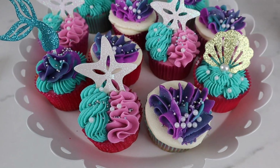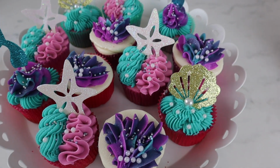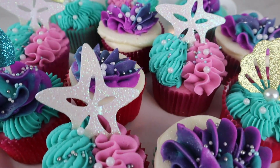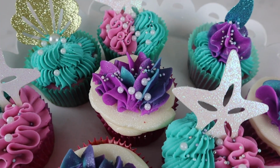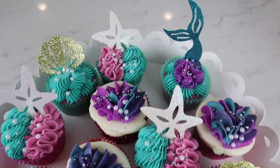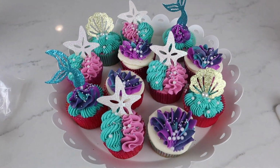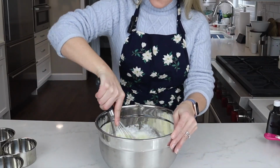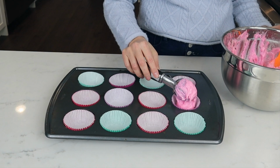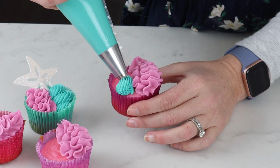At a bakery near me, I would pay between $84 and $108 for these, but I made them at home for less than $25. I have zero professional training. I just made it my goal to become good at cake decorating, and these are the types of cupcakes that I can make. So I'm going to help you save some money and not sacrifice the bakery made look, and I'll show you how to easily make these right from home and how to make them look like you spent